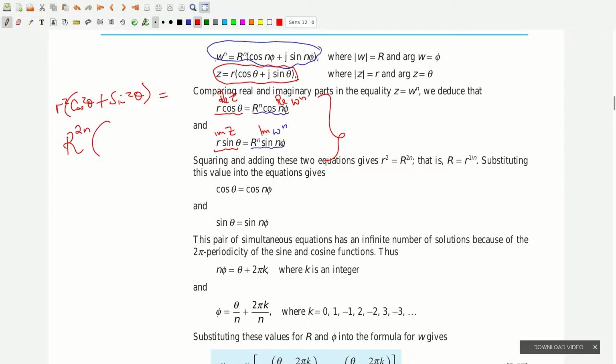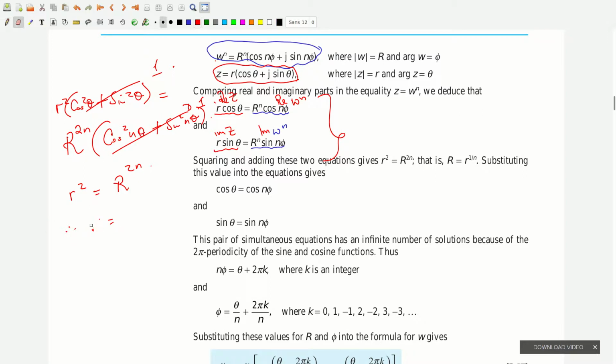We are squaring also the right hand side, and then what do we have? We have cos squared n theta plus sine squared n theta. And we know that this is 1, and we also know that this is 1. Therefore we have that r squared is equal to R to the n, and therefore if we take square roots on both sides, we see that r is going to be equal to